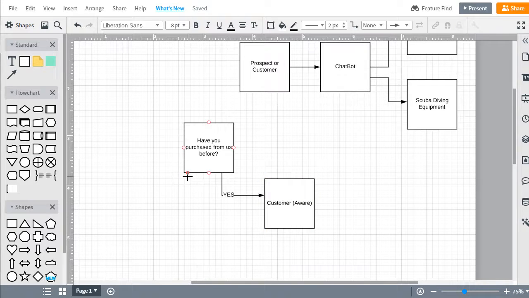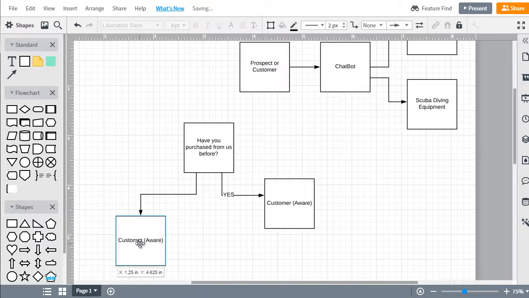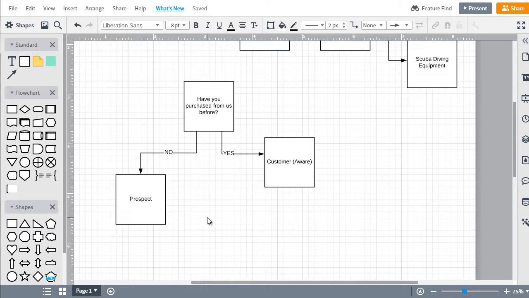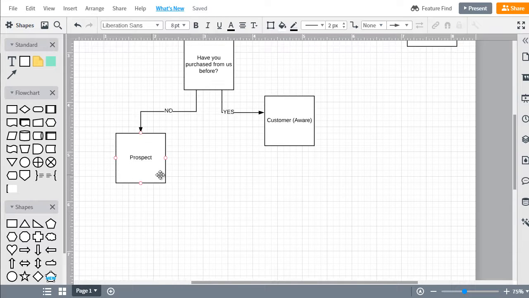If they say no, however, then they are a prospect. And then, of course, based on that, we now know what kind of questions to ask.